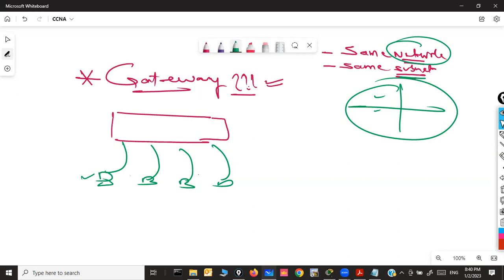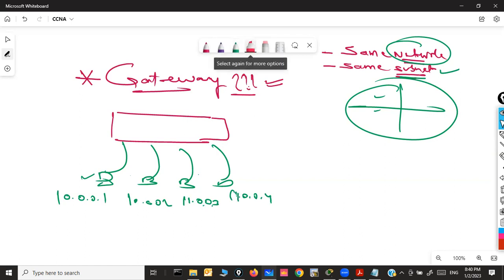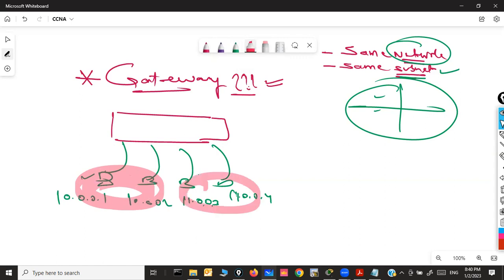Even if there is no subnetting, but the IP address assigned to one computer is 10.0.0.1, another machine 10.0.0.2, third computer 11.0.0.3, and then 11.0.0.4, there are now basically two networks. A network of two host devices, they will communicate, and another network of two host devices, they will also communicate with each other. And there is no concept of gateway or default gateway there.